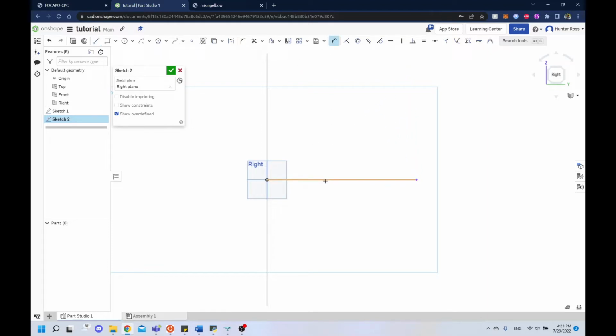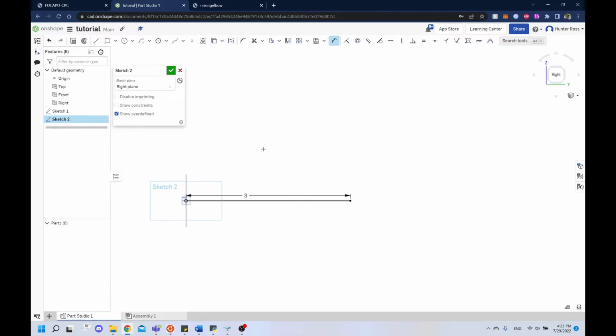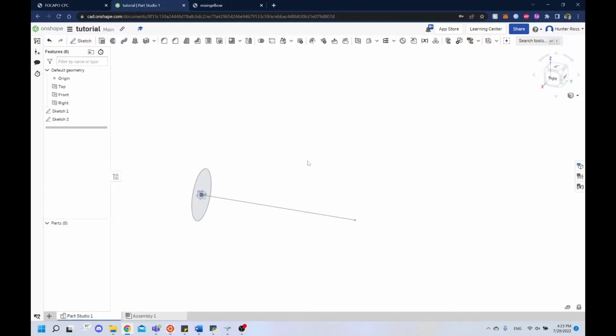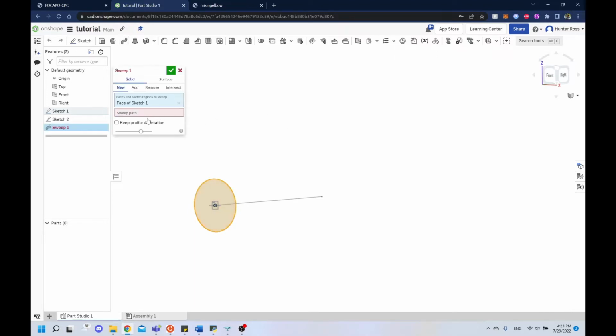So press D to edit the dimension. I like this because I can define it with a whole bunch of decimal points, make sure it's really accurate. Make it 3 meters long. And now we have a circle, and attached to it is some depth. Let's confirm that sketch. And what we can do is actually we can sweep this. So we can take this sketch, and we can say,